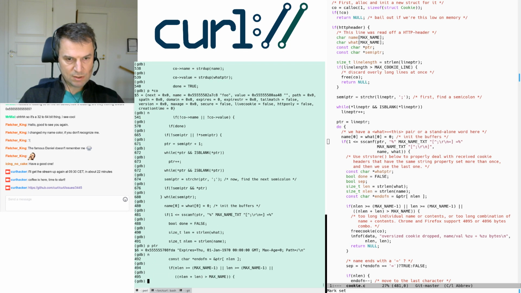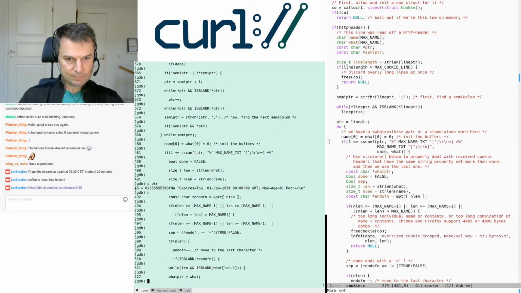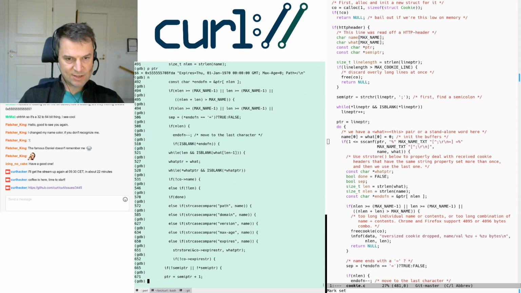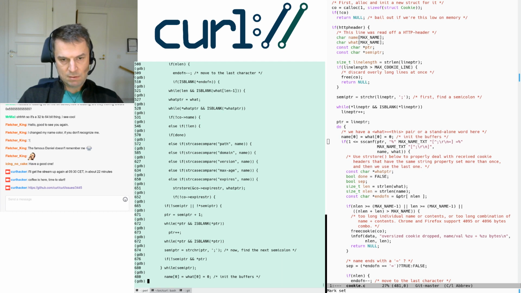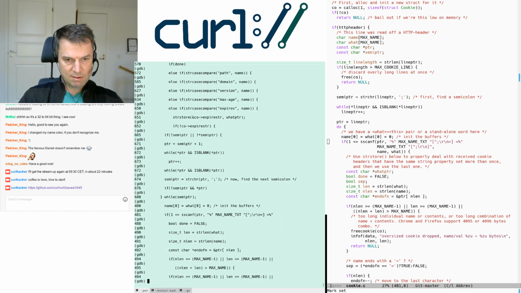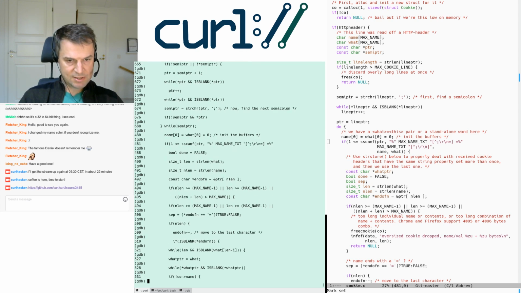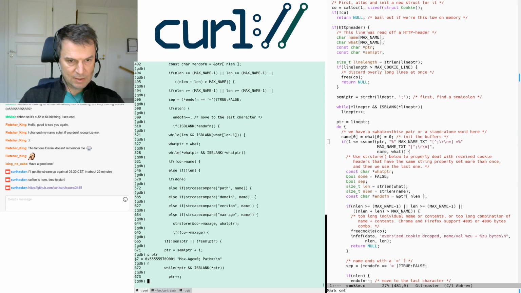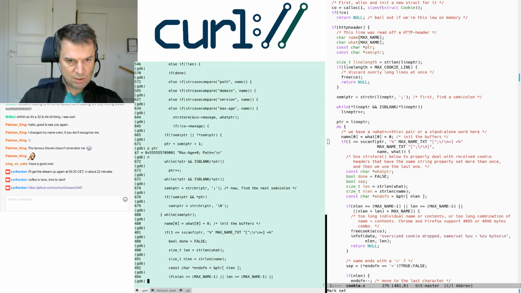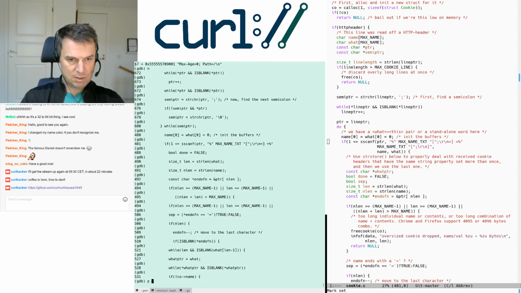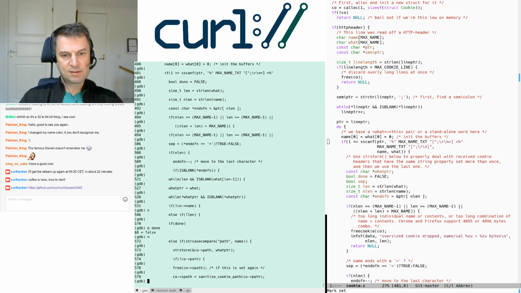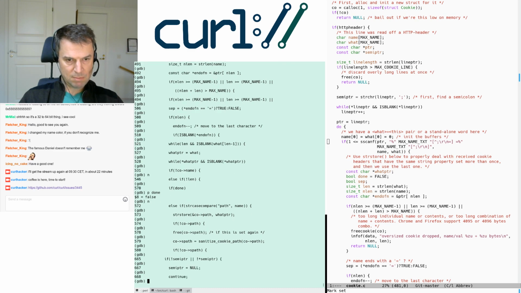Here it says, oh, it should parse the expire. And to parse the expire string, that's a challenge in itself. So we have a huge date time parser function for that, but luckily that is nowadays pretty stable and reliable, so we shouldn't have to worry much about that. We parse max age, and so on. It'll loop around. Done is still not done. So, right, save the path as well. Sanitize cookie path, and now